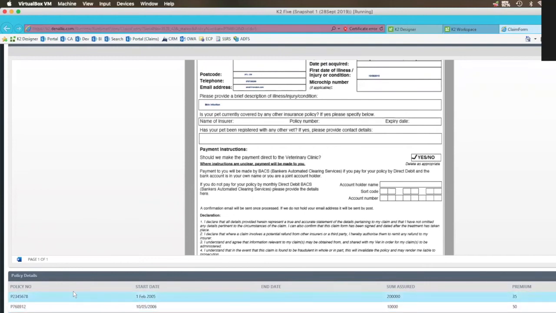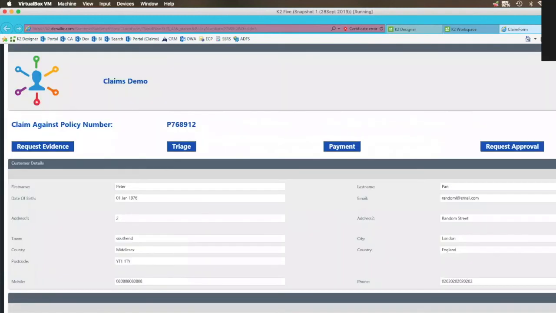Now, something like this would typically have taken 2 or 3 steps in a normal workflow. You would have had to show that document in a work list for a human to read, capture some data, so input the policy number, maybe perform some search, and then based on that search you would have done some integration to identify all this.